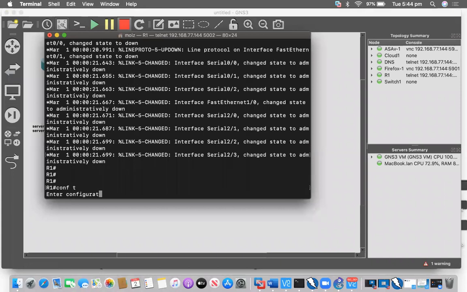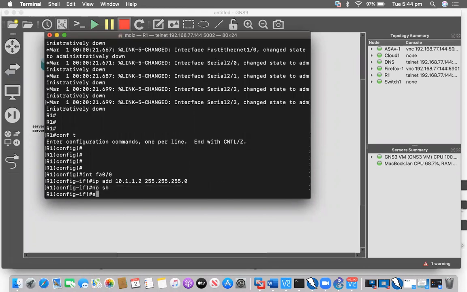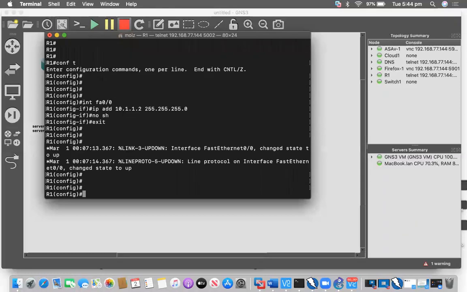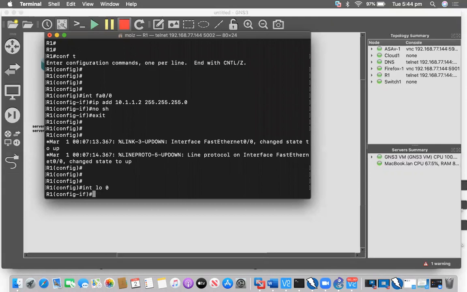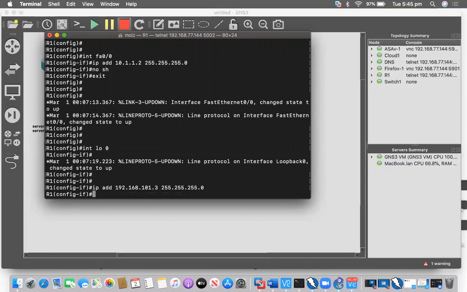I will configure interface FastEthernet 0/0 with IP address 10.1.2.3, 255.255.255.0, no shut, exit. Next, interface loopback 0. IP address will be 192.168.101.3, 255.255.255.0.